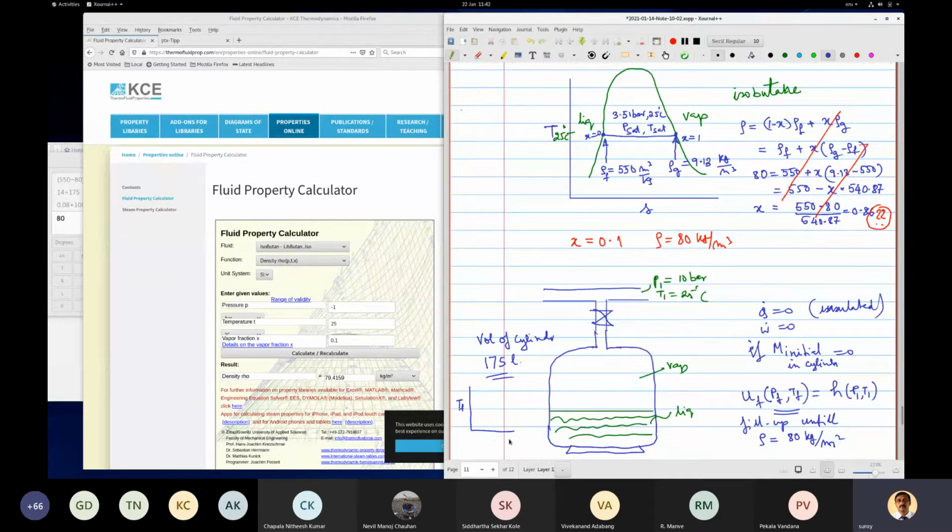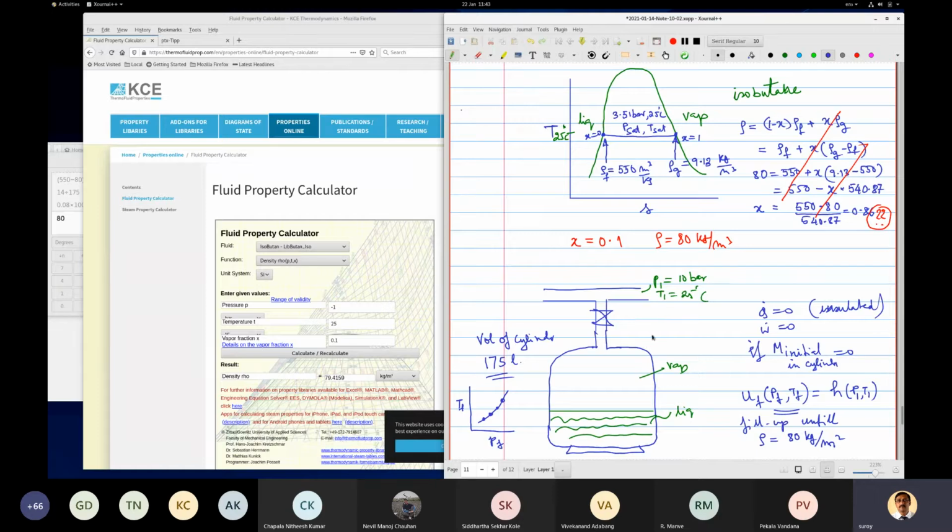Say TF, PF, it is like this. So you have to know where you are. Say for example, once you fix 25 degrees centigrade, it becomes 3.5 bar. They are related, so one of them only you have to fix. The other one gets automatically fixed, because we know it is two phase. Vapor and liquid exist together, it is not pure vapor nor pure liquid, LPG. So I will give you this problem: what should be the pressure if it is insulated?